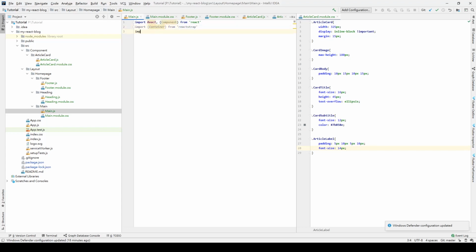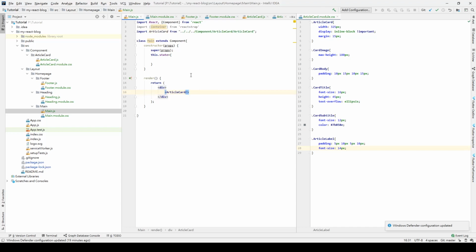We also import the article card what we have created. Then in this component, we need to create a classes for him. So we create a class called main and extend the component. In here, we should create our constructor with a state, and also we have the render method. In here, what we are going to render is the article card,